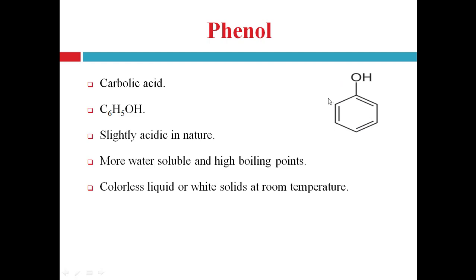What is the Huckel rule? That is 4n plus 2 pi electrons should be present in the ring system, where n is the number of rings present in the compound or molecule. Here in phenol, the number of rings is 1, one benzene ring. So put n equal to 1 in the 4n plus 2 equation. It becomes 4 into 1 plus 2, that is a total of 6. So there should be 6 pi electrons in the phenol ring.